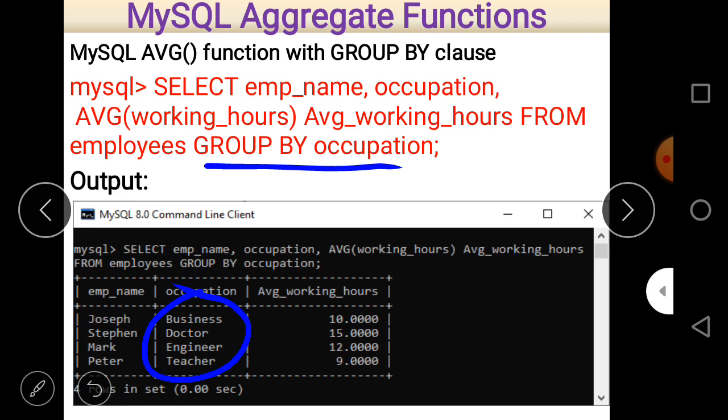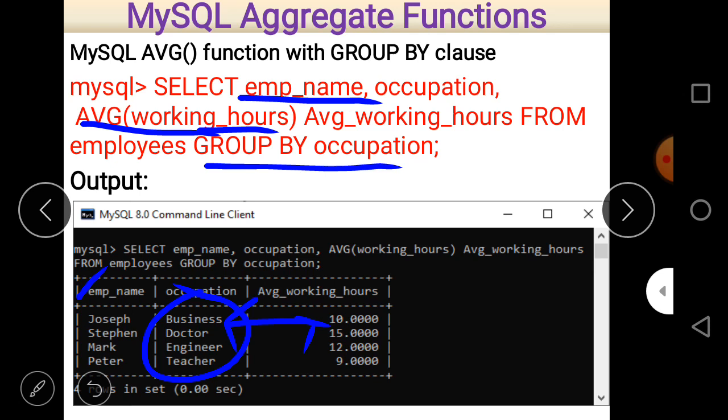and next we take an average of working hours, and that average of working hours will be reflected with occupation. On the behalf of that, we make a group, and some other column name will also appear here that are given with the select statement, and this is employee name.